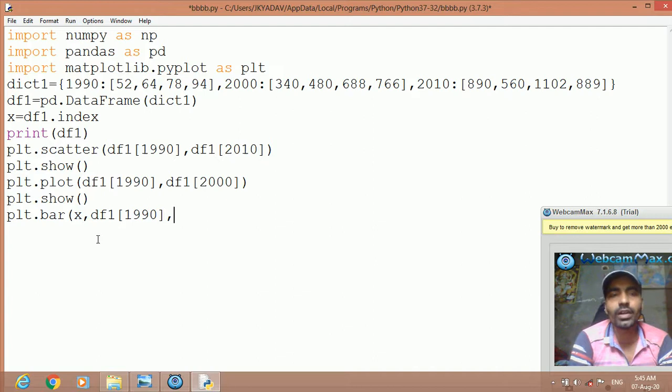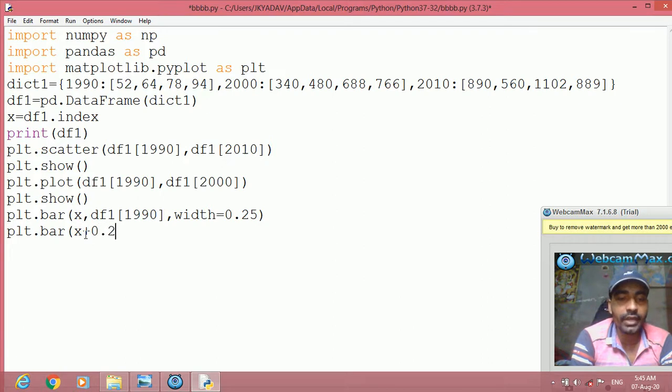Width and color are optional, so we can write only width. Let us write width equal to how much width we want, suppose 0.25. Then close this. Then again write plt dot bar, x, comma. Now remember, we are going to create multiple bars, so we have to add the width value to this x-axis. So x plus 0.25.